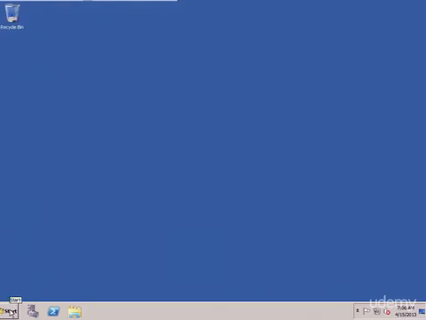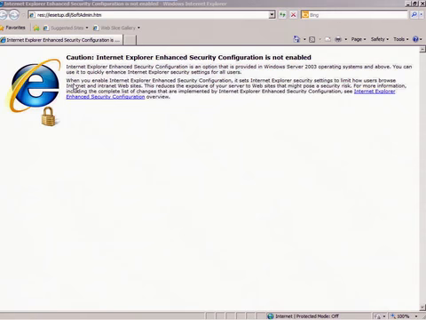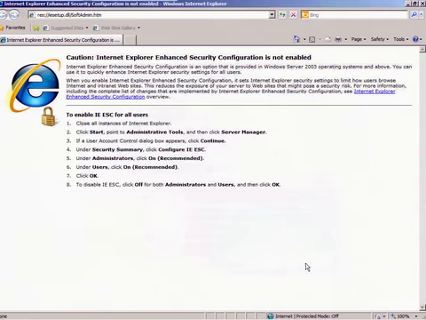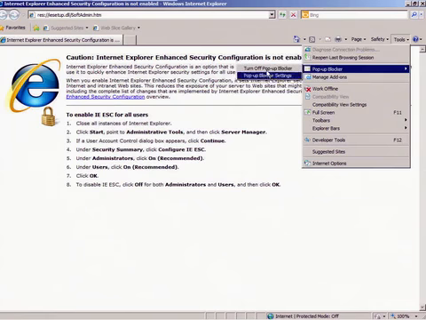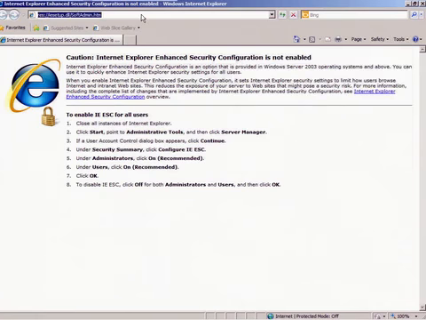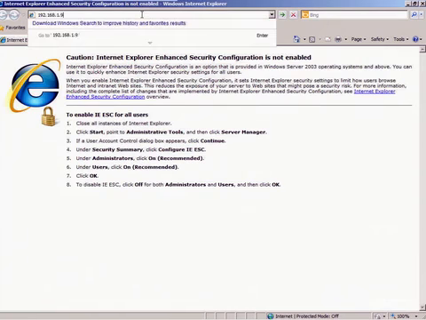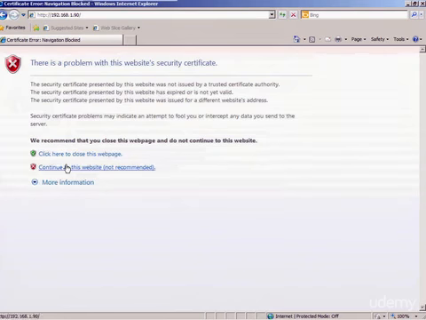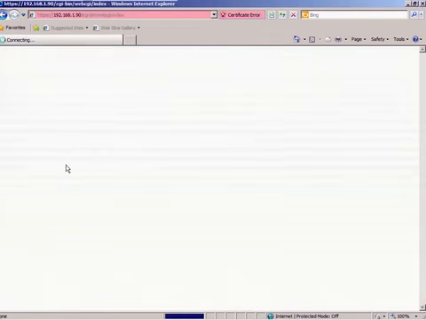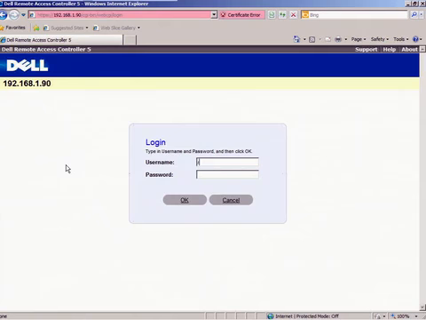So I'm going to open up IE, and that's how I gain access to the DRAC. And I'm going to make sure that pop-up blocker is turned off, because that's going to get in my way. And I'm going to gain access to the DRAC, continue to the site, and I'm going to log into the DRAC,